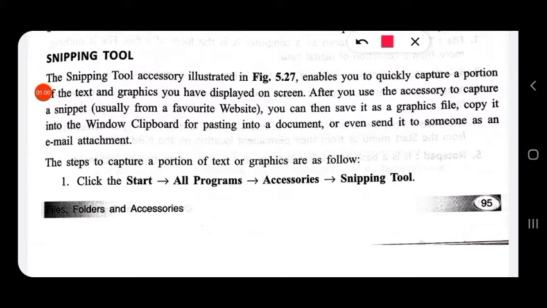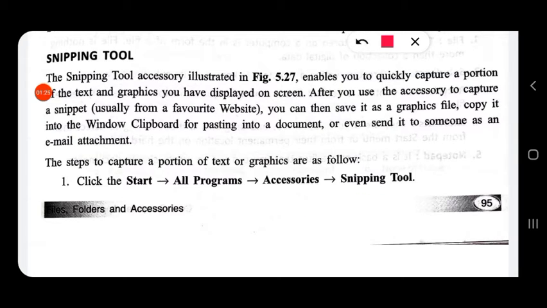for that you can click on the snipping tool. Select the snipping tool from your computer. That snipping tool can be selected by going to the start menu, and from the start menu all programs, from the all programs accessories, and from the accessories to snipping tools.